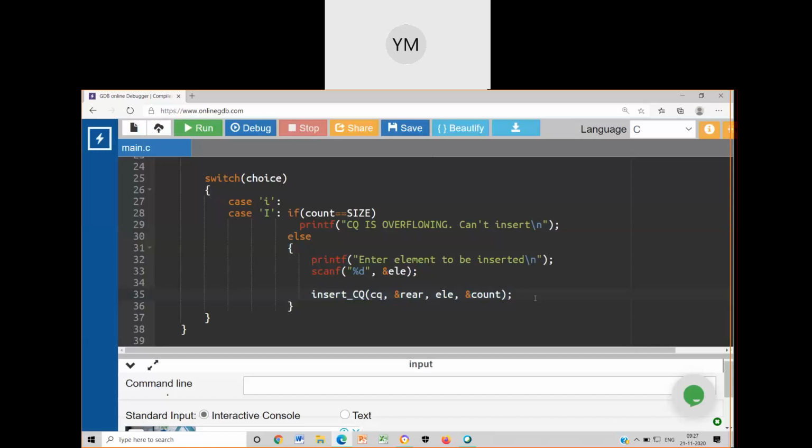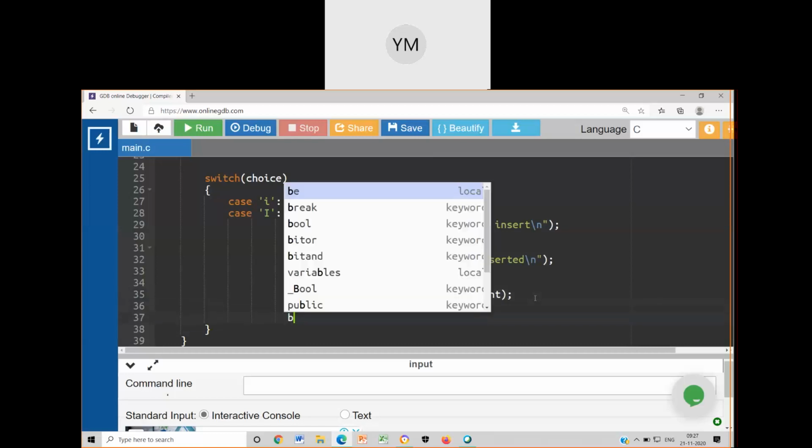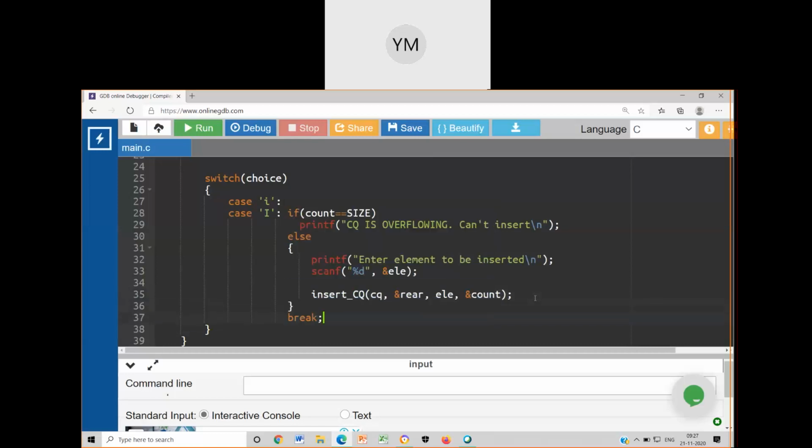Now I have called this function and after insertion I have to break, either after insertion or after the overflow condition. Then I have the second case, small d, case capital D. In both of these cases, I have to check for the underflow condition.